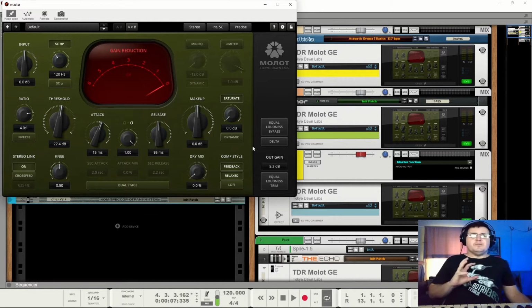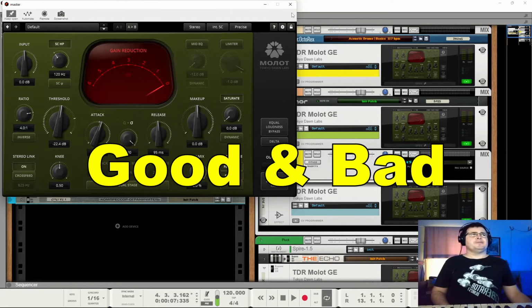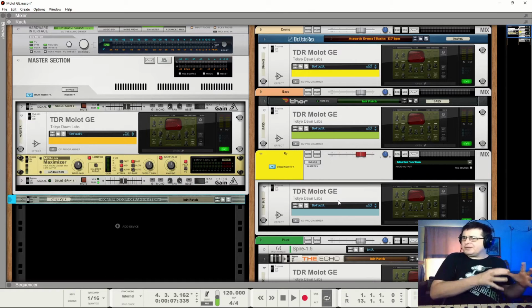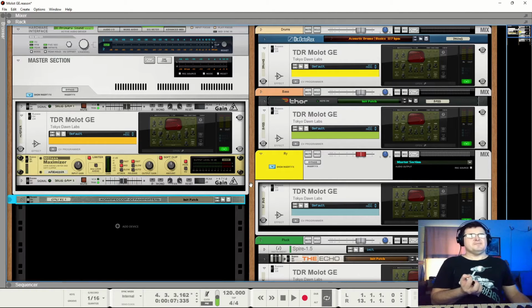Very complex device for anyone who doesn't have a good grounding in compression. Let's run through the good and bads, and then we will dig into working our way through the mix and therefore showing you how the Molot behaves, some of its quirks, and therefore some of where it shines, some of where it may struggle a little, but at least in my impression through the C1L1 version of the Molot code, there's not much in which it struggles if you know how to use it.